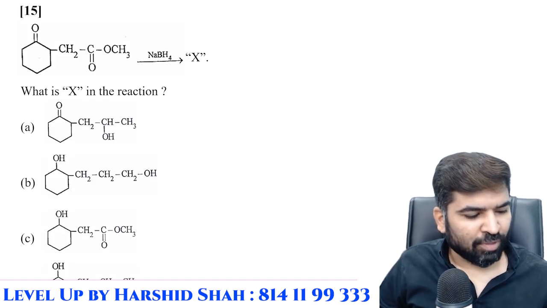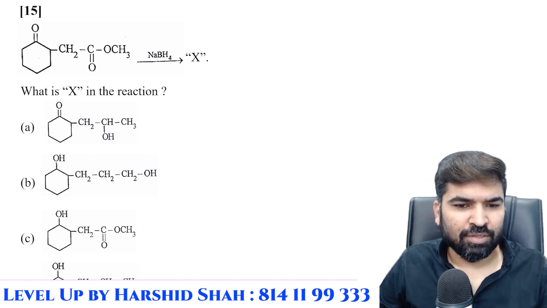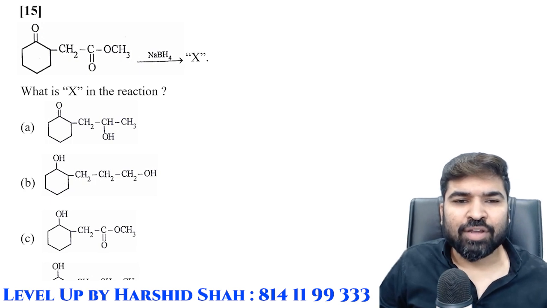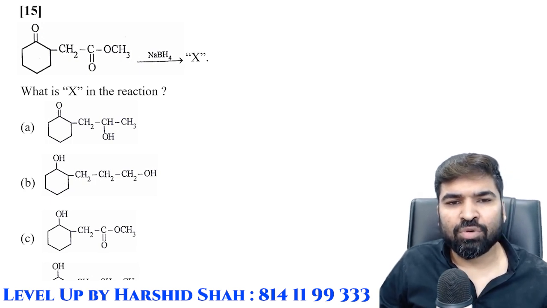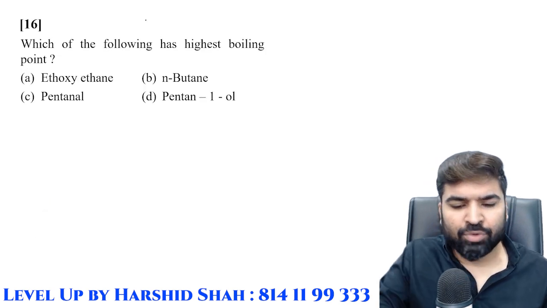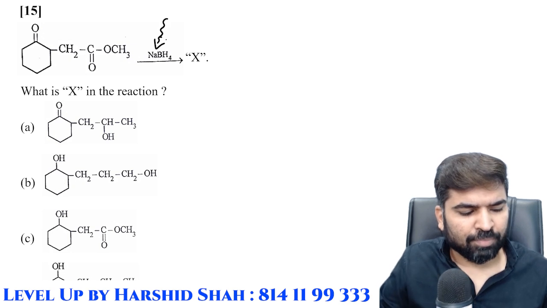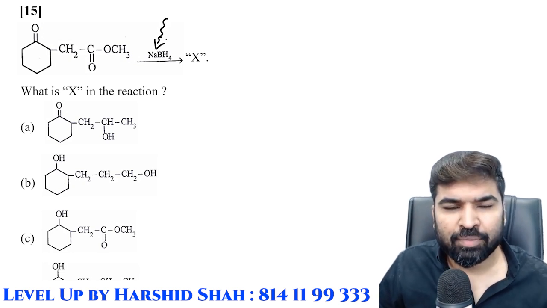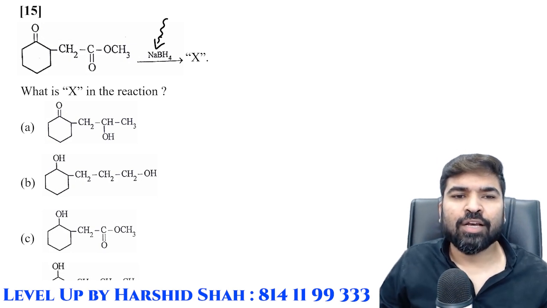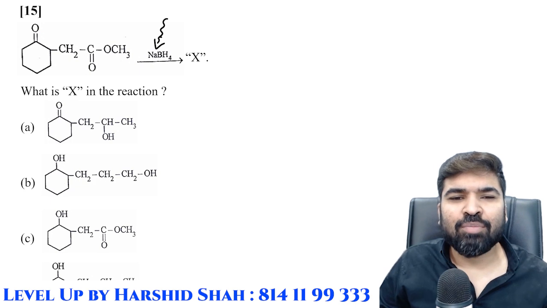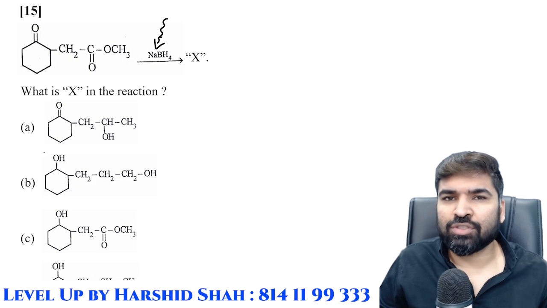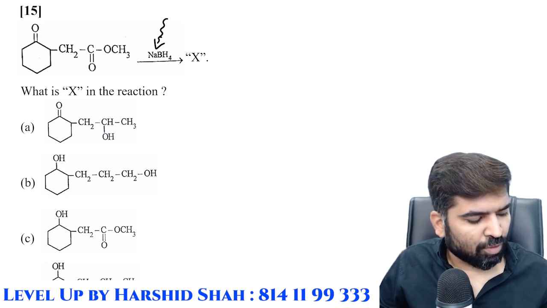I guess you're not able to see this, so I'll just hide the text. Yep, so here it is. We have a ketone and an ester, with NaBH4, sodium borohydride. Sodium borohydride is going to give you a compound here, but what it will attack is what you have to first answer, right? So there is a ketone and there is an ester. NaBH4 attacks the ketone, and that's the simple answer. It's going to be your option A.